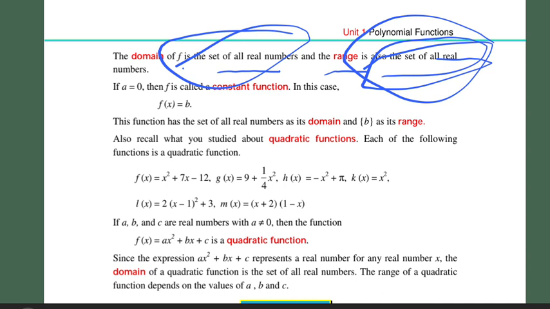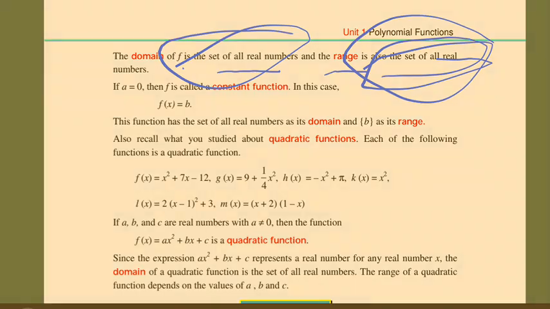When we define it in English, first let me try to define it in English and then